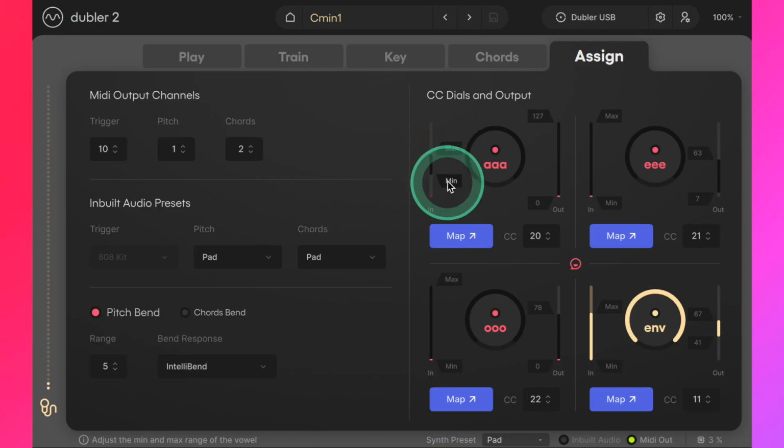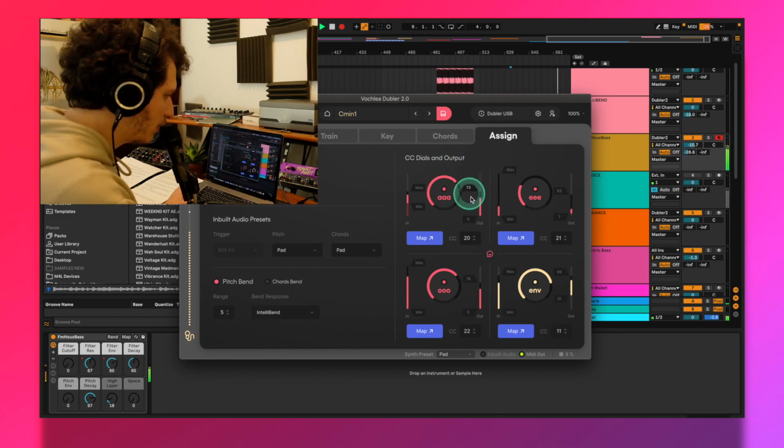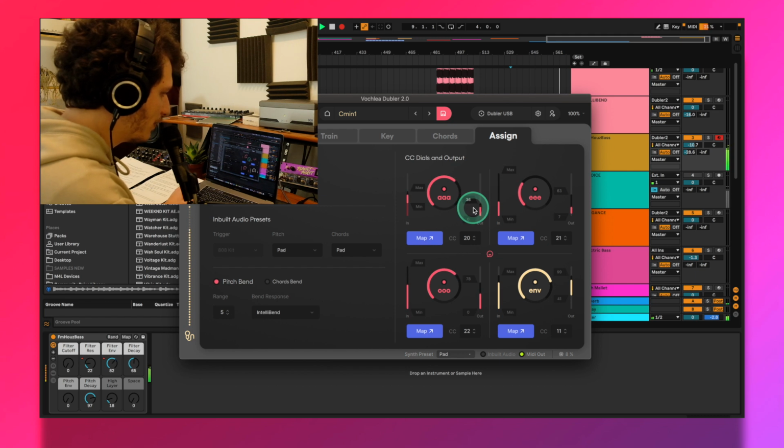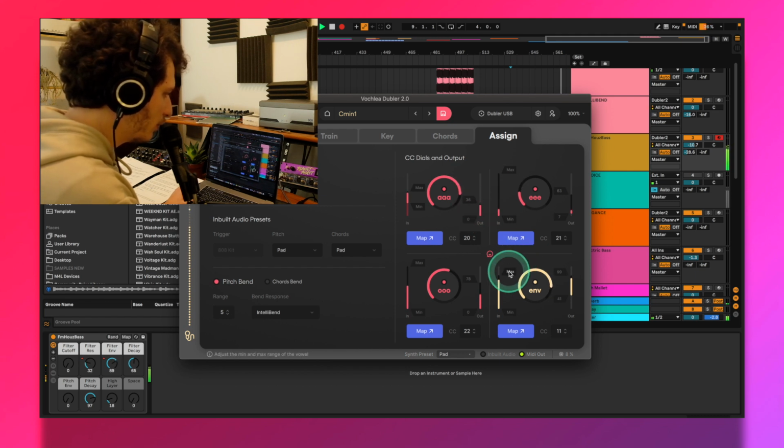It's really useful to be able to control the responsiveness of the dial via the slider on the left, and you can also control the minimum and maximum values of the parameter you're controlling with the slider on the right. We've dropped a link in the description to another short video that explains these control dials and MIDI mapping in more detail. Be sure to check it out.